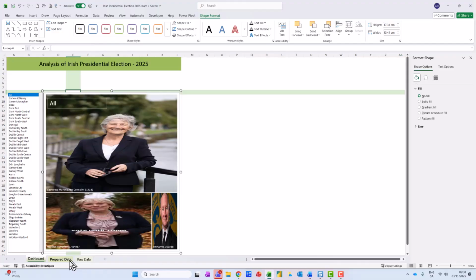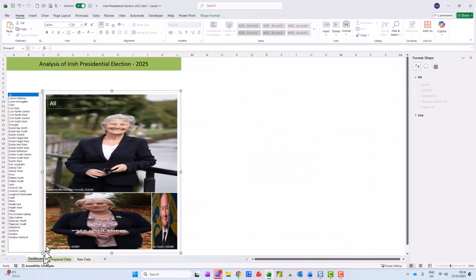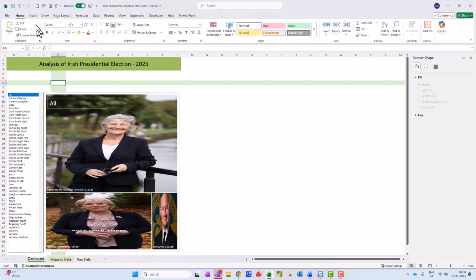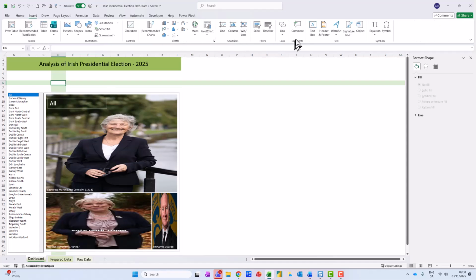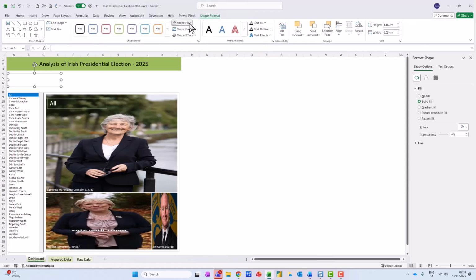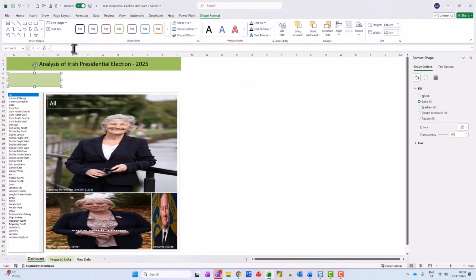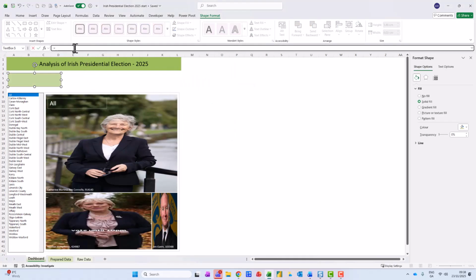And then the other thing I want to do is go back to my prepared data, and insert a text box in here as well that's going to link to this one. So I come up here to Insert, and I choose Text Box again, and I just click and drag here. All right, I'm just going to format this. I try and do as much work as possible on this. Go to Shape Fill, and I'm going to make it a different colour, maybe a dark green here. And then I come up here and just go Equals,